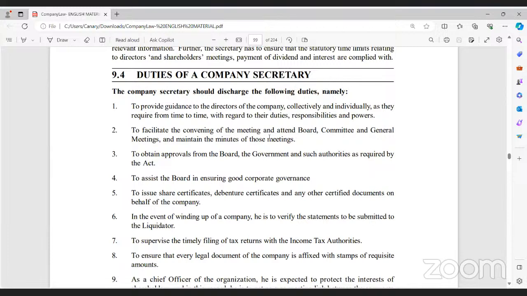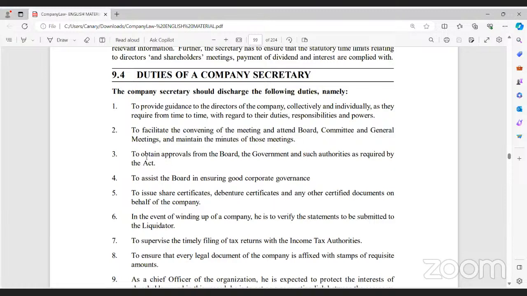Company secretary. Meaning, to conduct a meeting, what are the prerequisites of a meeting? Preparing the notice, sending the notice to all the members concerned, making arrangements for the meeting, and after the meeting preparing the minutes, registering all the meeting proceedings with the registrar. All these are taken care of by him, so he's a facilitator. He facilitates meetings of the board of directors or members.